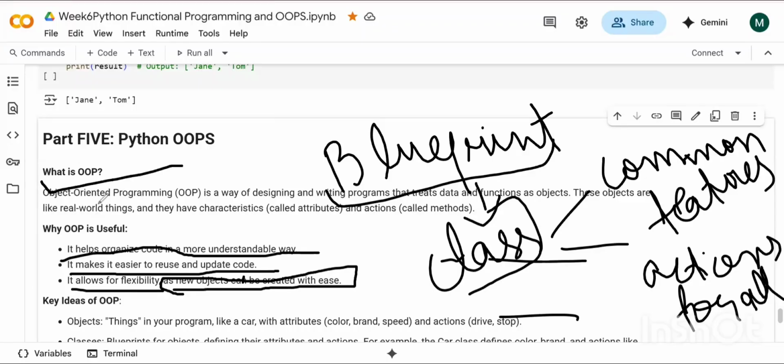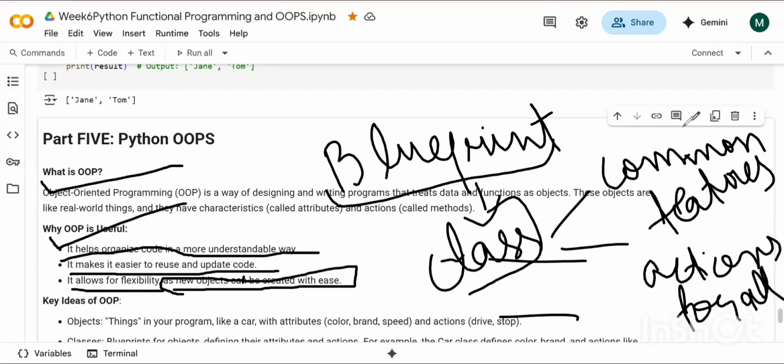Now tell me, are you guys clear with what is OOPs and why OOPs is useful? Clear, guys? I'm asking something, everyone. And guys, one more thing, as you can see, today I'm going very, very slow in the class. So when I tell you to ask the doubts, that time only please ask the doubts, because I have to move forward as well, right?